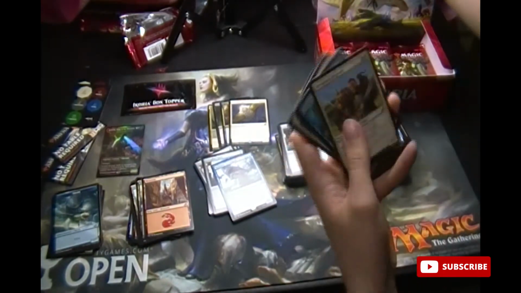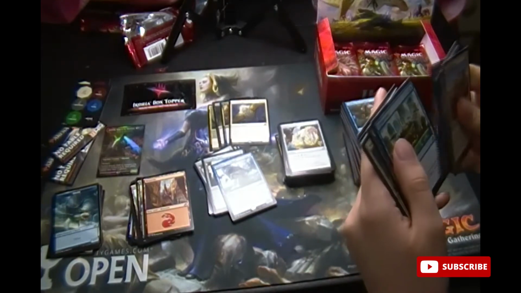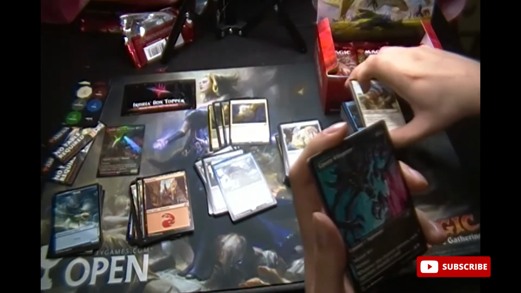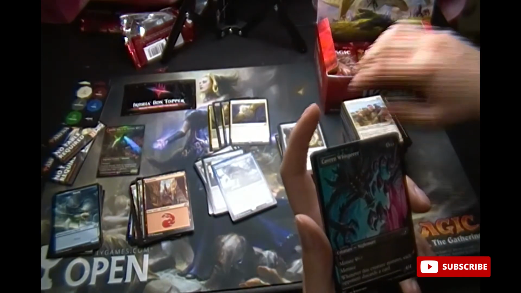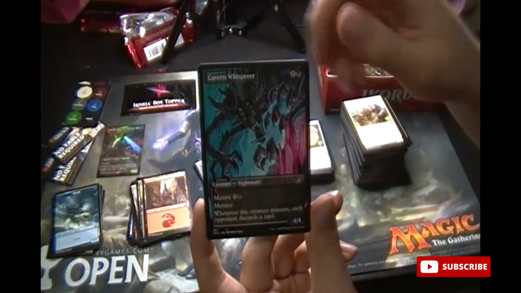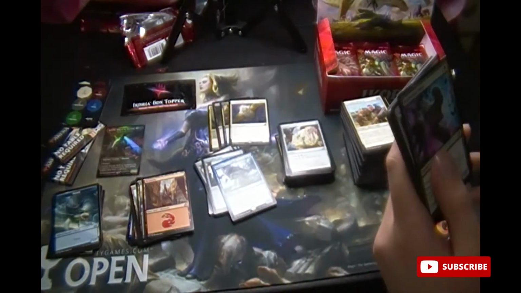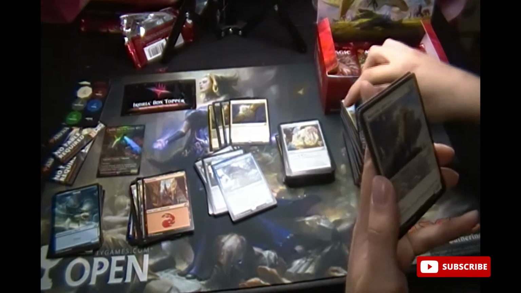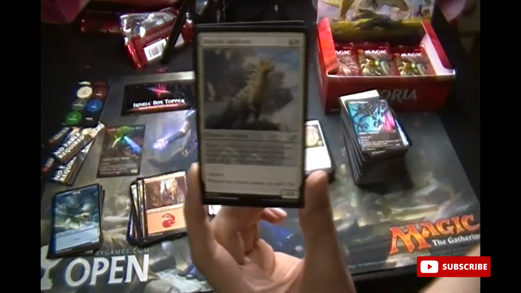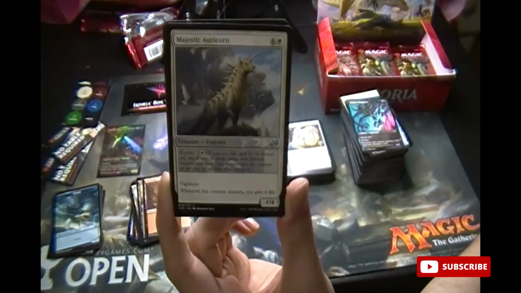There we go. Next pack. Maybe just saw a nice one. It is a common, but it is a really nice one of the alternate arts again. Cavern Whisperer. But again, common, but still nice. And next up we got Majestic Oricorn. It is a unicorn, which you are in love with. It is a creepy looking one, but